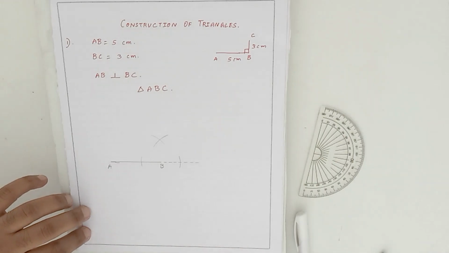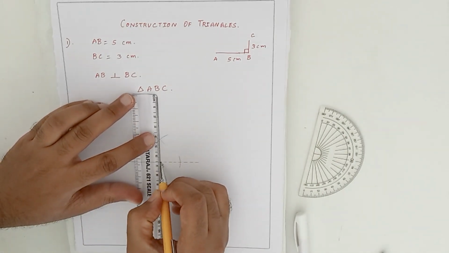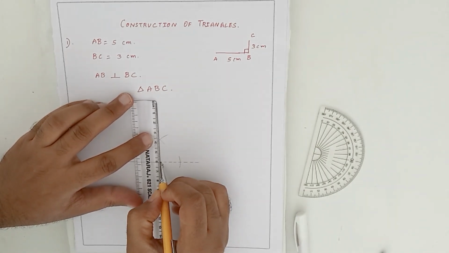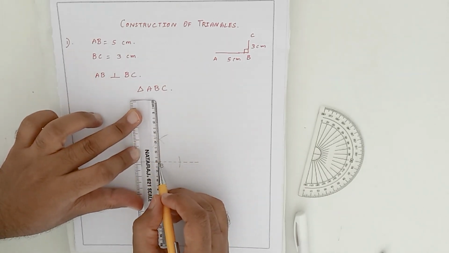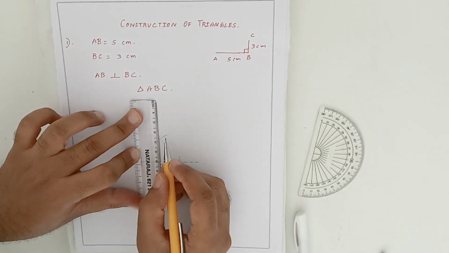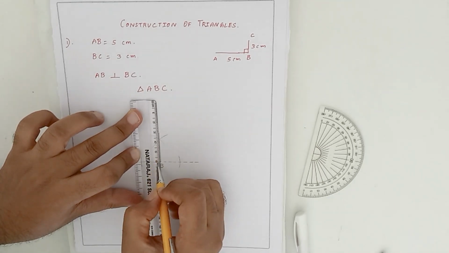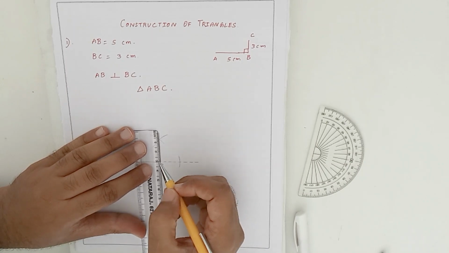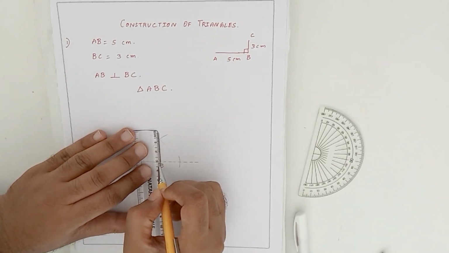Now you just have to join these two lines. Okay, now I got a perpendicular line, but we want a line that is just 3 centimeters, because ABC is 3 centimeters. Now I have kept this at 6. From 6 I'll go till 3 centimeters. Where is 3? 3 is here. So now I got total 3 centimeters. Or if you're getting confused, you can just keep it like this, 3 to 0. So this is 3 centimeters.